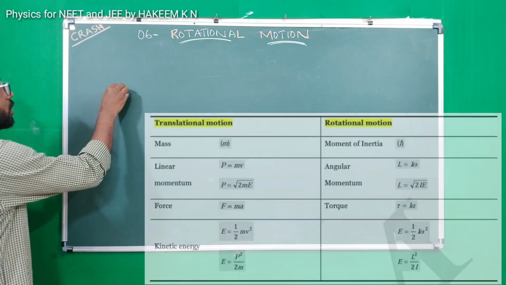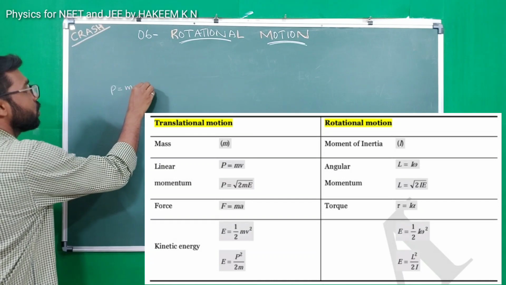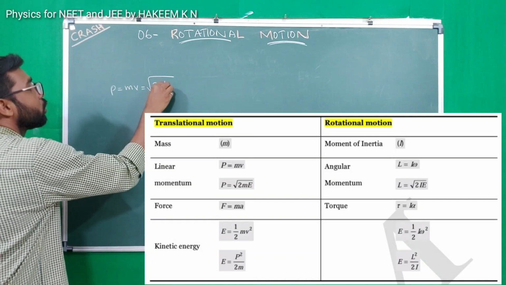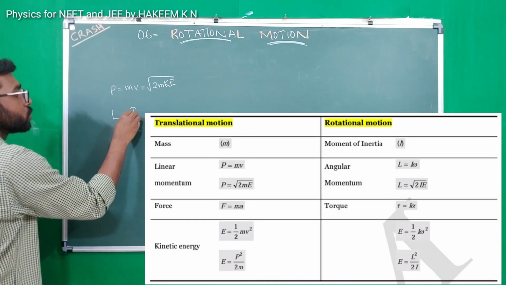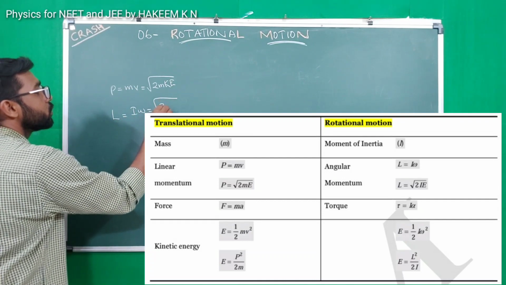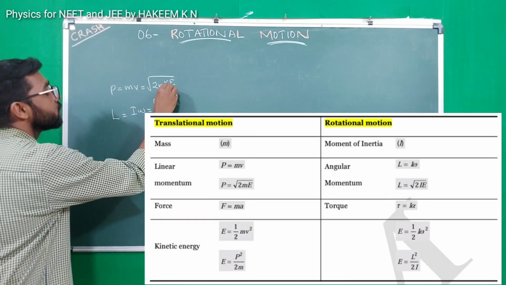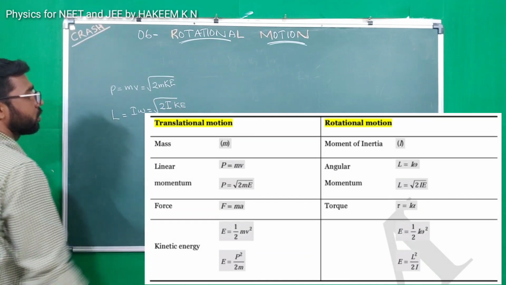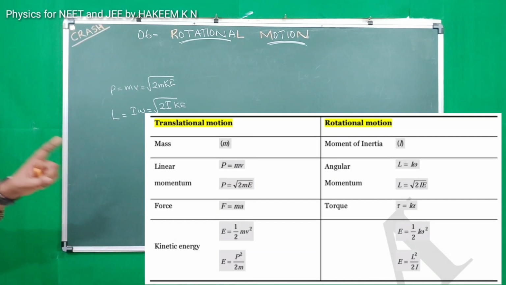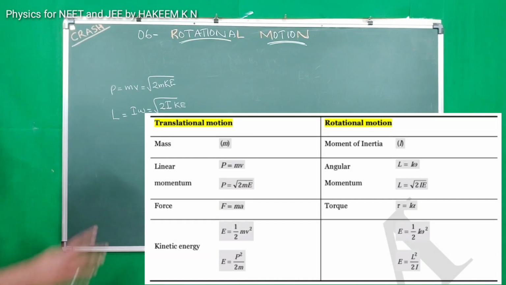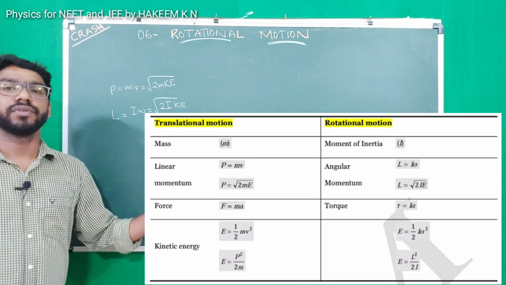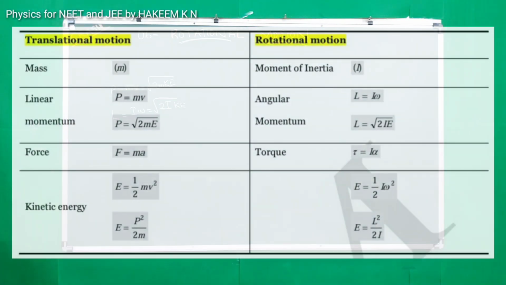For linear momentum, p equal to mass into velocity, or we use root of 2m into kinetic energy. So for angular momentum we can use I omega, or root of 2 into, instead of mass, moment of inertia, into kinetic energy. For kinetic energy, half mv square is the equation in linear motion, but rotational kinetic energy is equal to half I omega square,